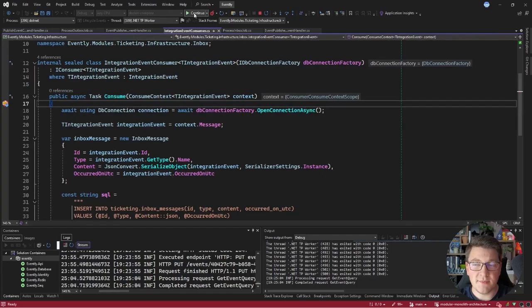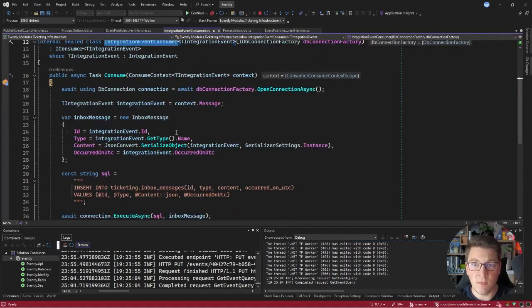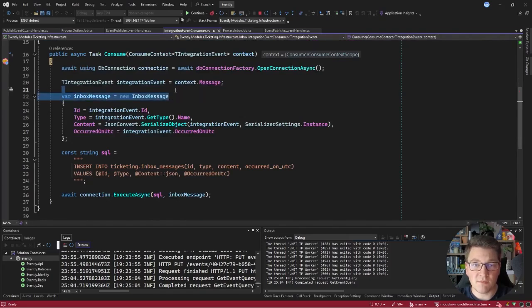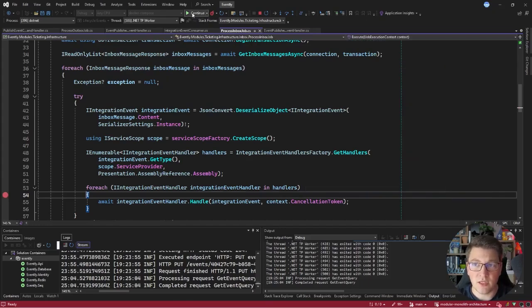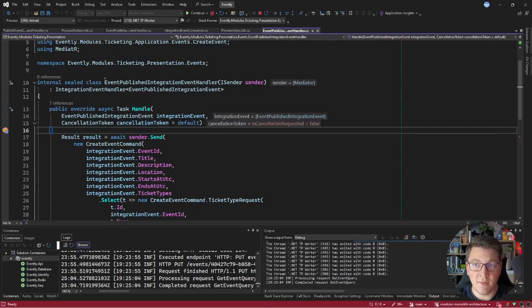And you can see that I immediately hit the breakpoint in the generic integration event consumer. This is going to write an inbox message into the database, and then we have to wait for the process inbox job to pick up this inbox message. And this happened fairly quickly. And you can see that here we have an idempotent integration event handler for the event published integration event. So I'm going to hit continue again, and we land in the handle method of the respective integration event handler,